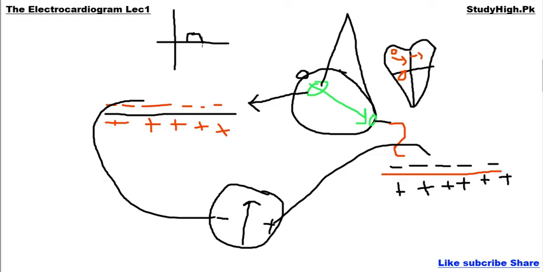So whenever our graph touches this line of 0 millivolts, it means that all muscles of the atria or ventricle are in depolarized form or repolarized form. Or, put another way, all muscles of the atria or ventricle have equal positive or negative charges outside or inside their cell membranes, or all muscle cells of the atria have equal potential, equal currents.